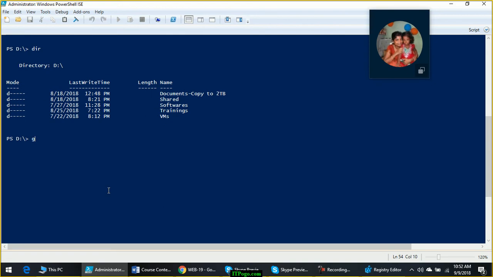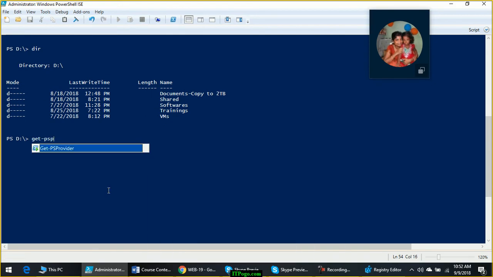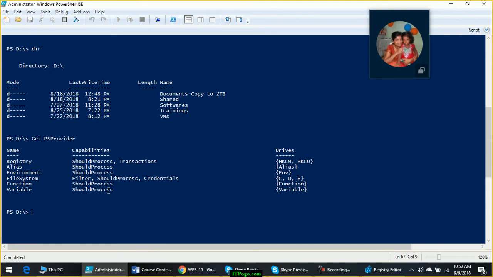Now if we repeat that command get-psprovider, as you can see for registry, the drive names are HKLM and HKCU. Now similar to how we are browsing the file system, in the same fashion you can browse registry also using PowerShell. You can say change location or change drive to HKLM.